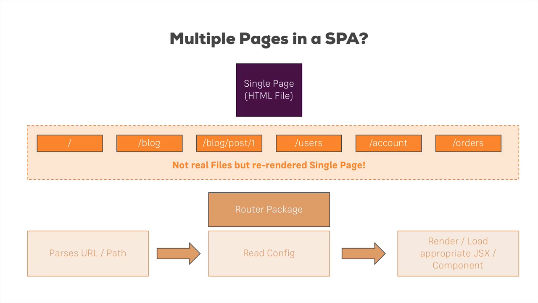This is the idea behind routing. Load different code, conditional JSX or component code for different paths. And we use a router package so that we don't have to determine which path the user is on our own. Now in this module, I will walk you through that router package, through the features it supports, and how you may use it in your application to implement multiple pages in your single page app.